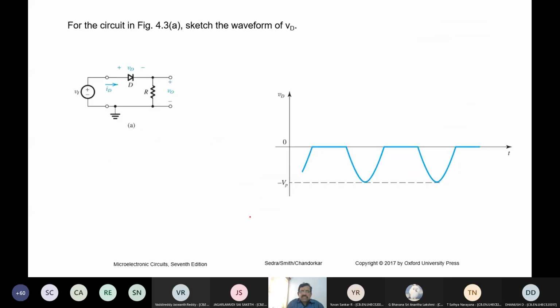Suppose I were to measure the output across the diode, so it will be inverted, because now the signal will be inverted and you will get a different picture, because the diode is under reverse bias, and therefore there won't be any voltage appearing in the forward bias. Okay, you have to think like this. So, sketch the waveform. So let us talk about this.